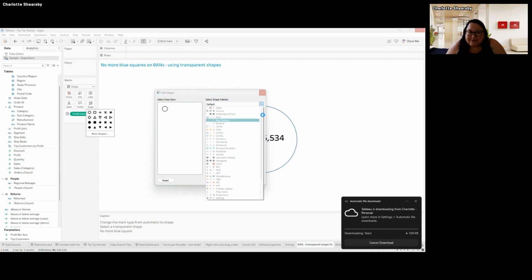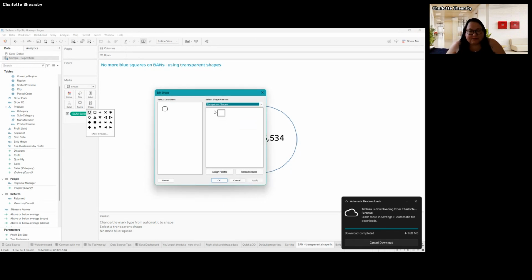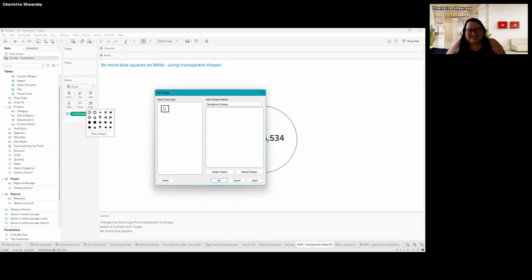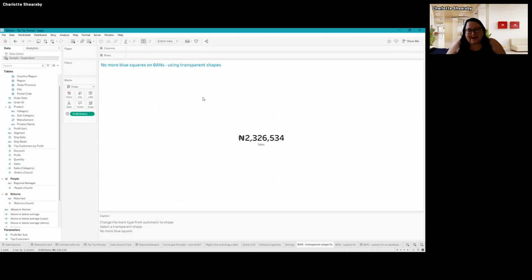It's still downloading them, but I've got some transparent shapes, and you can just pop a transparent shape on there. Oh, I saw it just a minute ago. Where did it go? Transparent shapes, and obviously you can't see them, but they're there because they're transparent. But yeah, select your transparent shape, apply it. That's gone, and you cannot click on it. So no more blue square, and it's not clickable anymore.